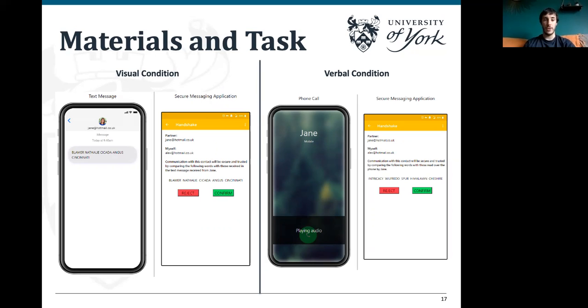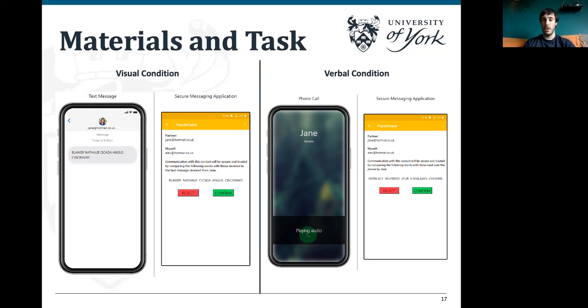On the left-hand side, the visual condition demonstrates the condition in which the participant will be asked to open an incoming text message, and then they will compare the 5 words displayed in the text message with those displayed in the secure messaging application, and confirm if all words matched, and reject if any of them were felt to be